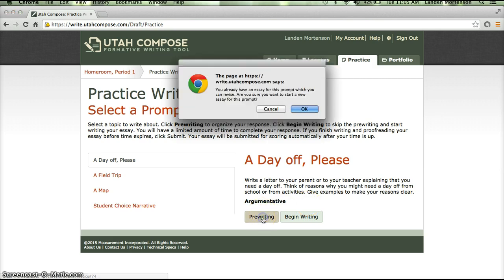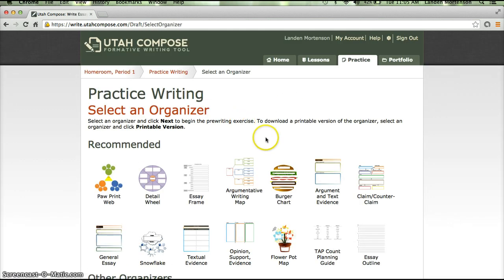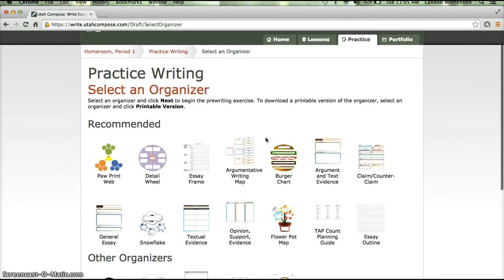So I'll click pre-write, and it's asked if you already have an essay for this prompt, which you can revise, or are you sure you want to start a new essay for this prompt? And yes, I do, so I can show you how this works. So when you first select an assignment, it's going to ask you, on the pre-write, to pick a